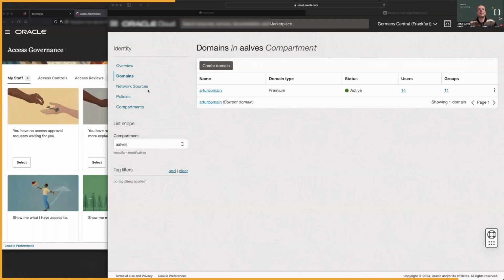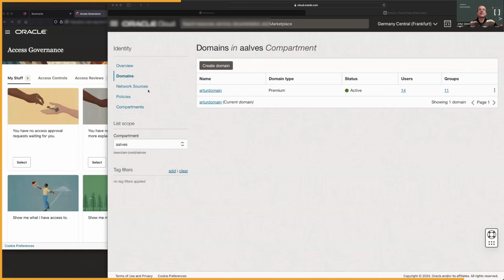Okay, so I have a few, I would say, browser windows with different actors, and I'm going to show you the different domains of management realms so that you can see which actor does what in which part of the overall solution. And I'll start with the OCI environment itself.